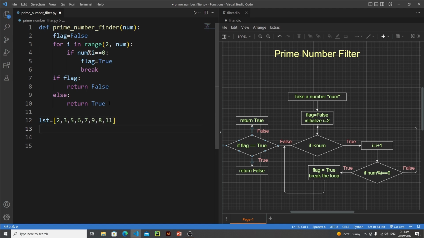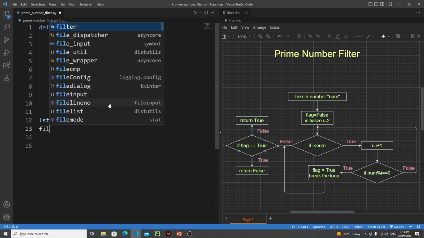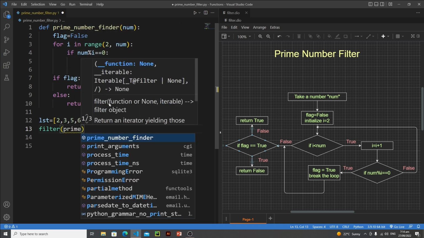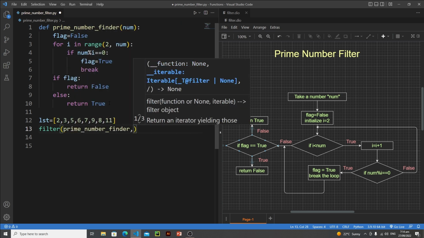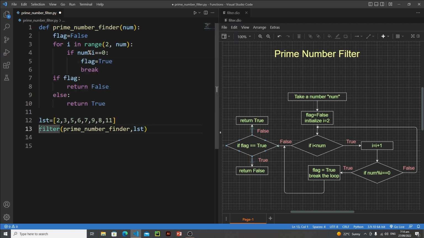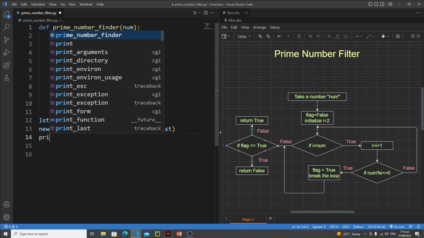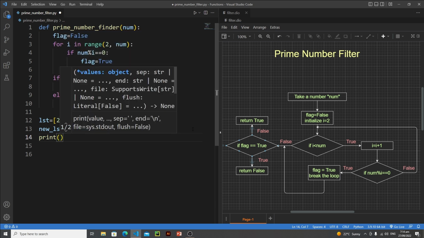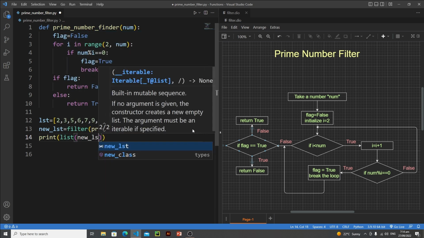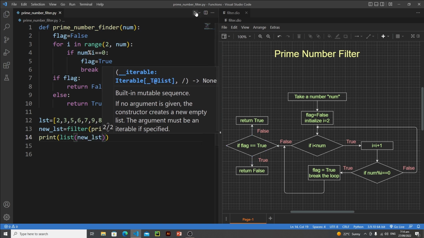Then I'll say filter, and first let's pass our prime_number_finder function and then our list lst. I'm going to accept the object in a new_lst variable, and let's print this new list. So just write here list(new_lst). Let's save it, let's run it,